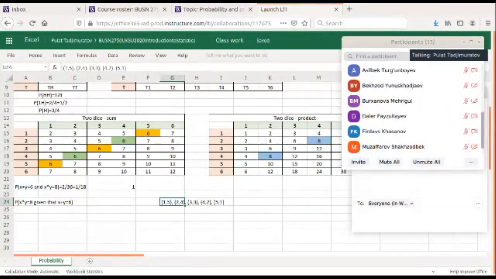And we know that 2 out of those 5, namely 2, 4, and 4, 2. So in these 2 cases, we will have their product be 8. So out of these 5,